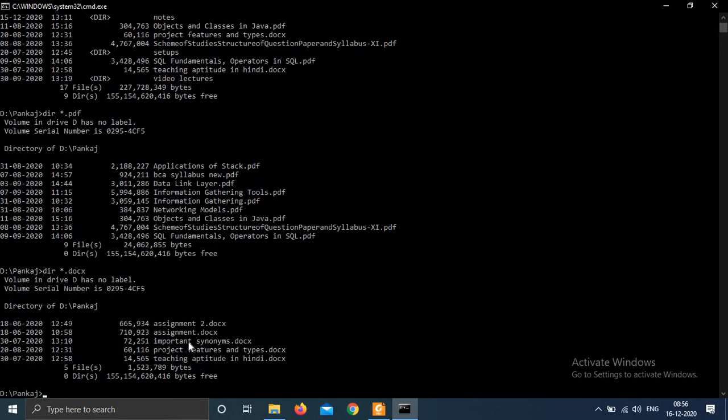These are the MS Word files. So this way you can see the files in your directory.